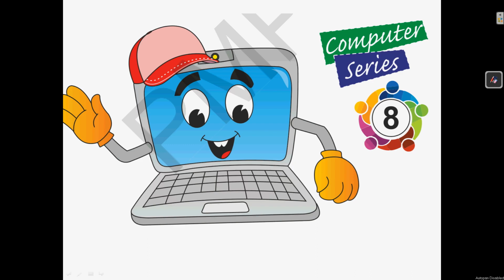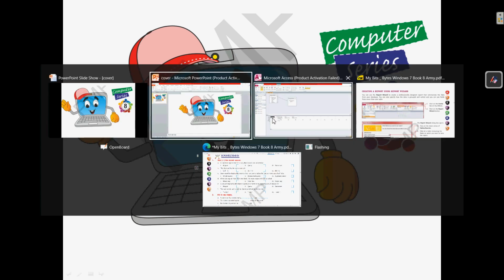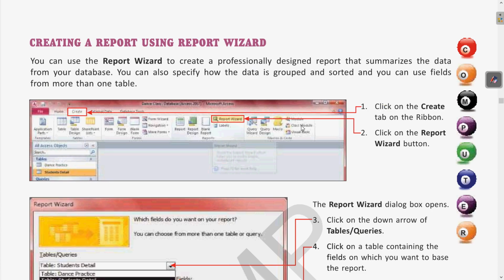So as in the previous class we have discussed how to use the report wizard, and using the report wizard how we have created the report in MS Access. So let us quickly see it once again, what were all the steps, then we will come to the exercise of this chapter.